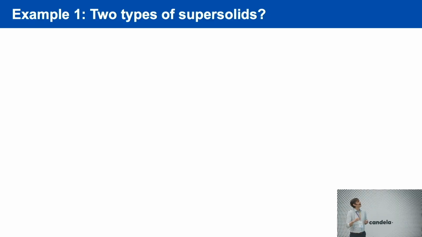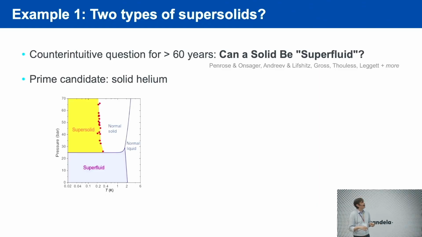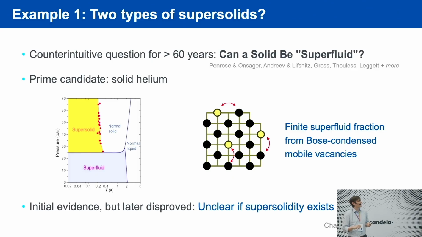So let me explain what I mean by that. And for that, some of you also know that I'm interested in supersolids. What is a supersolid? It's something that is solid and superfluid at the same time. It was initially always investigated in helium. You know that helium can become superfluid if you cool it, and if you increase the pressure, it becomes a solid. And so the idea was always that you then end up with a helium crystal like this. There's some vacancies inside. The vacancies, if you just get cold enough, become mobile and bosonic. So this gives you some superfluid fraction, and then you have a supersolid, something that combines the crystalline structure and superfluid flow. The problem is there was initial evidence, but then it was later disproven. And so in helium, it's a tough game investigating this.